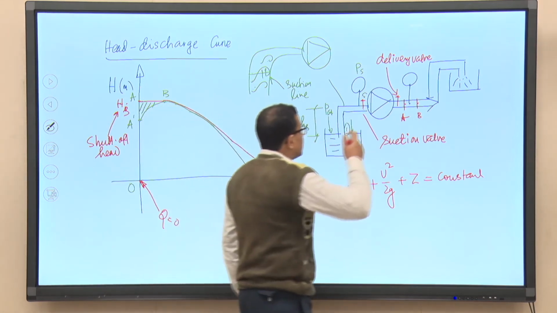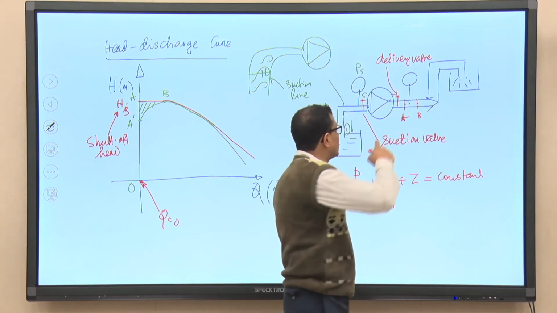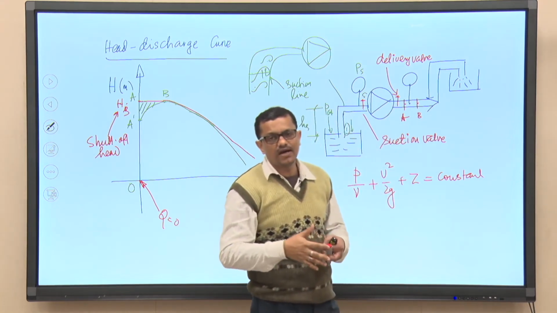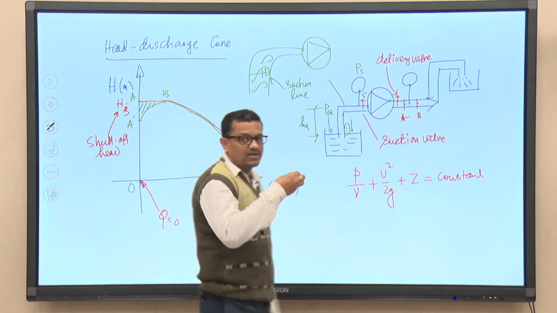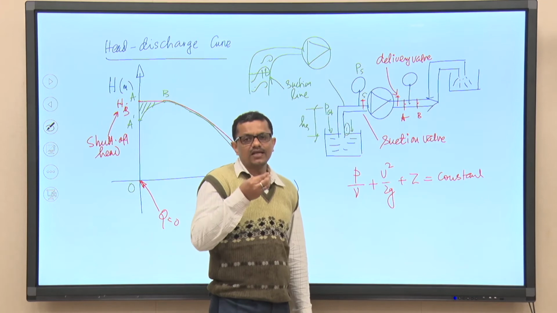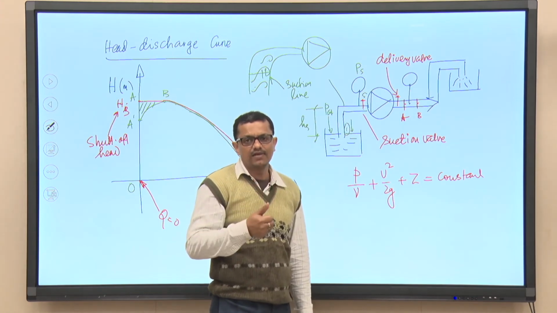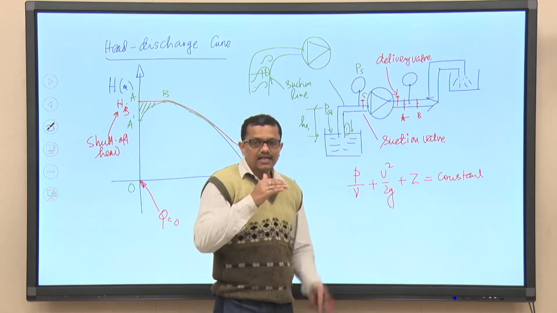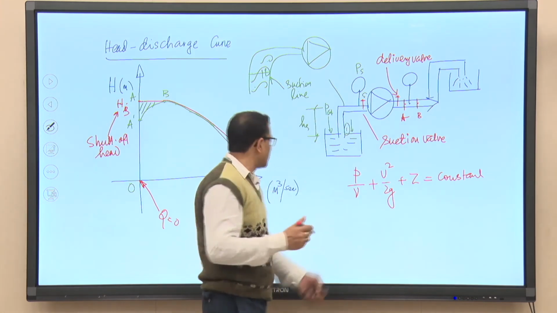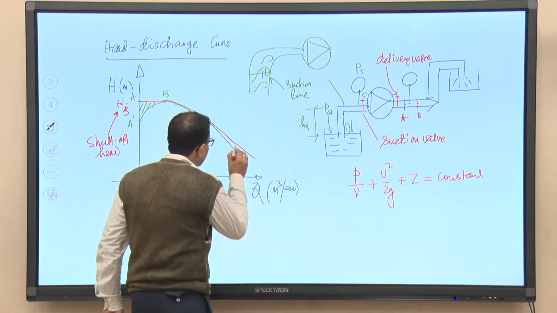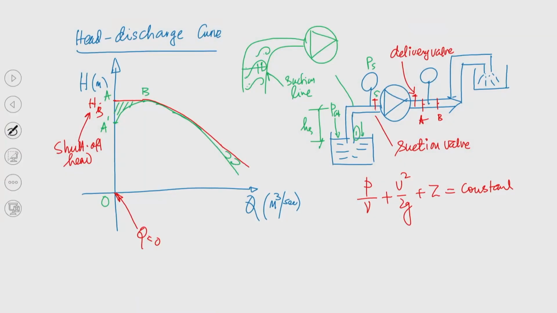If you try to recall the delivery valve, it is not the case that the delivery valve will remain fully open always; it depends upon the requirement. When we try to control the opening area of the delivery pipeline by adjusting the delivery valve needle, it is as if it is creating blockage, and because of this blockage there will be separation loss, and again separation and recirculation loss will be there on the delivery side. So, this is the loss at the suction side and this is the loss at the delivery pipeline.